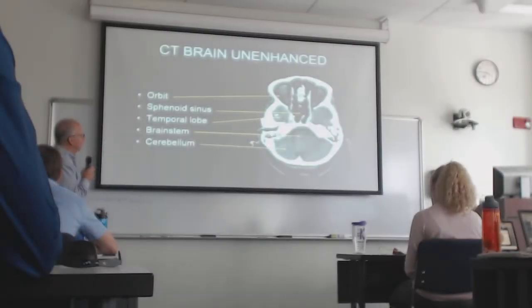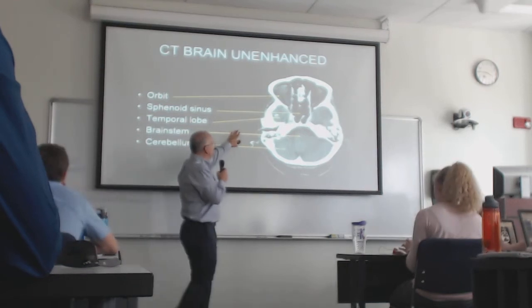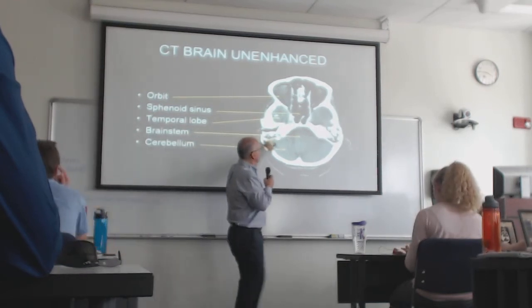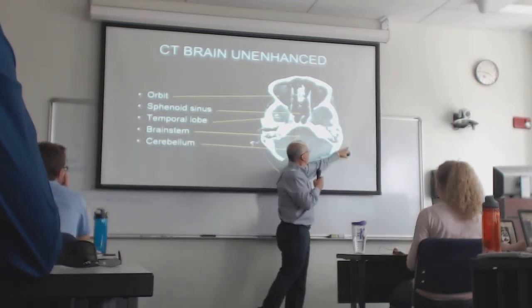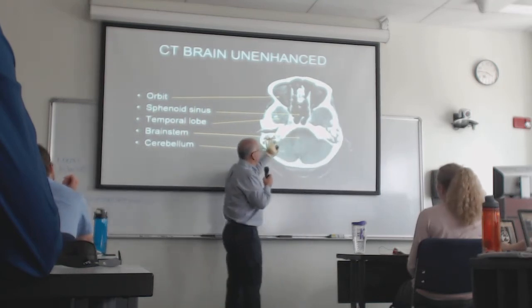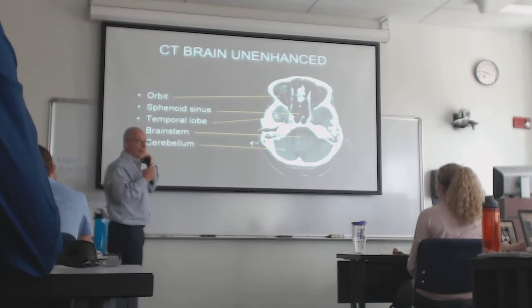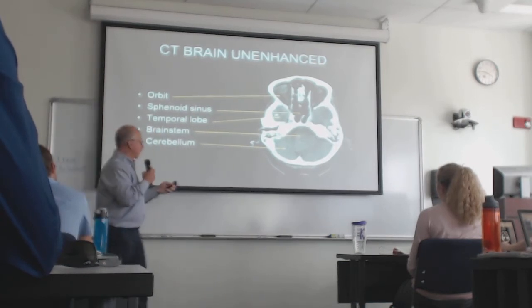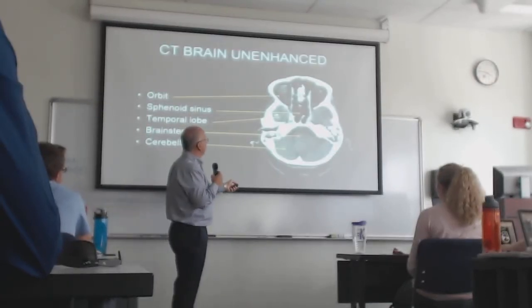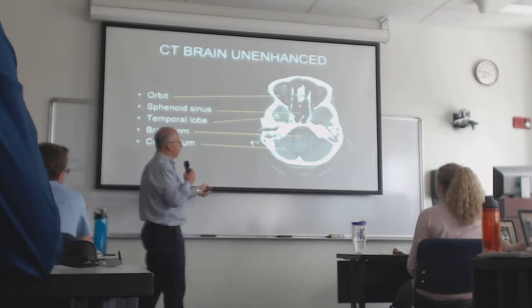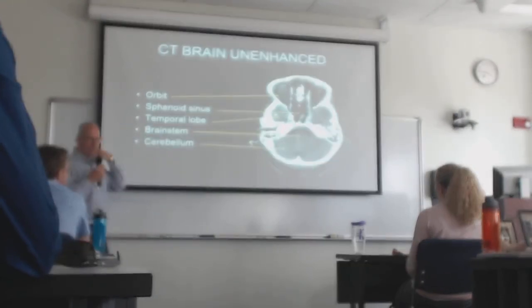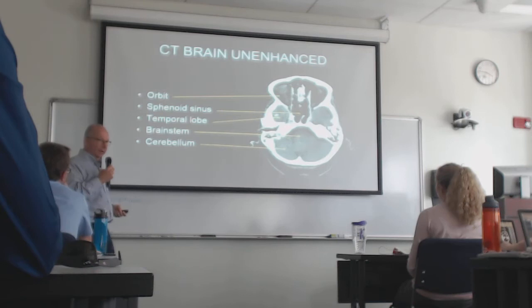So let's start looking at some CT scans. These are axial images, so the patient's right is over here. Here's the right ear. Here's the left ear. Mastoid air cells. And this is a section through the absolute bottom of the brain. So you're getting mostly this structure here, which is the most inferior, posterior, the cerebellum, right?